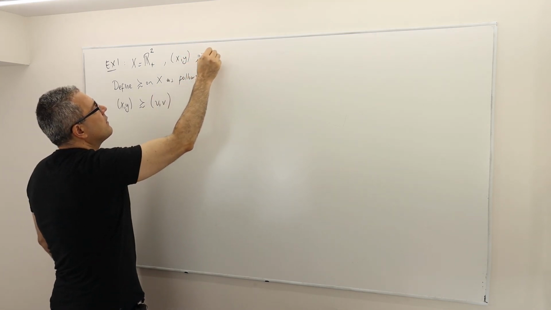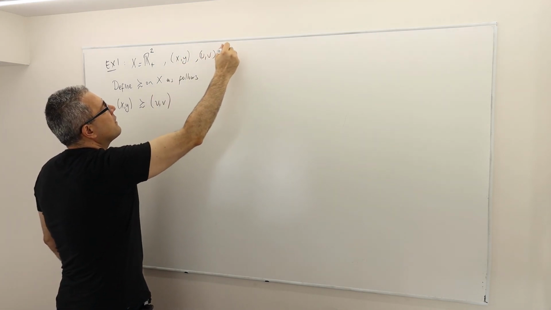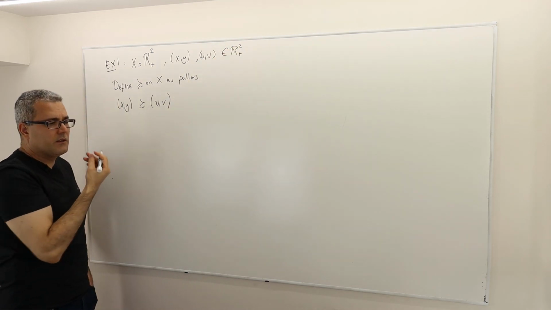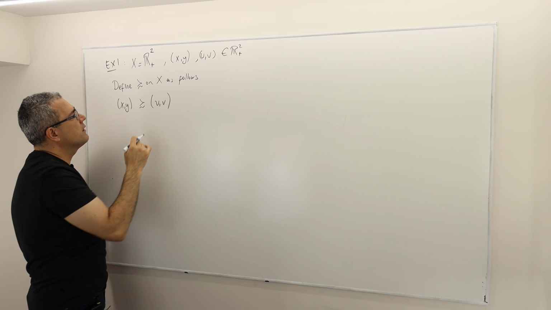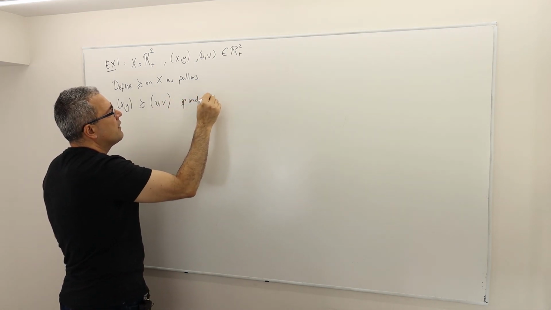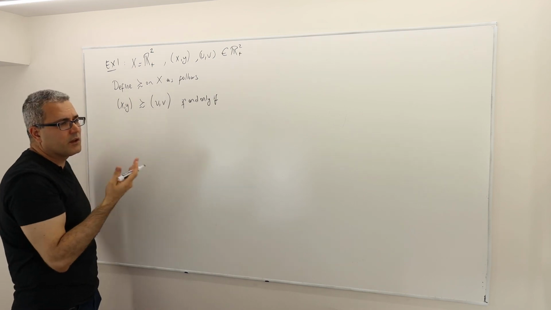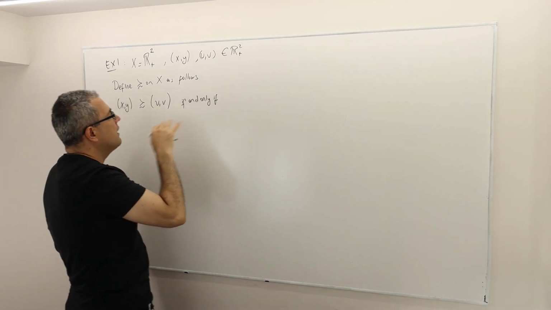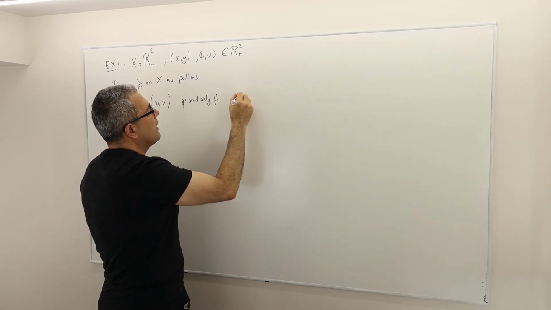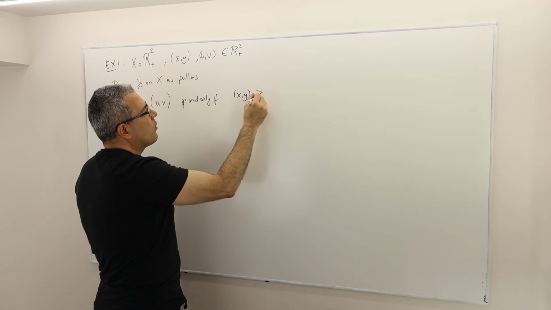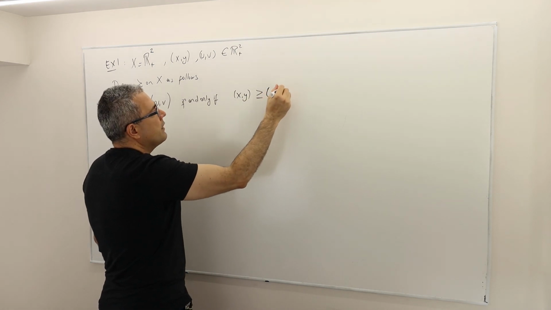They both are in R plus squared. So the (x, y) bundle is at least as good as the (u, v) bundle if and only if, and this is a definition, so even if I said if, it means if and only if, the (x, y) vector